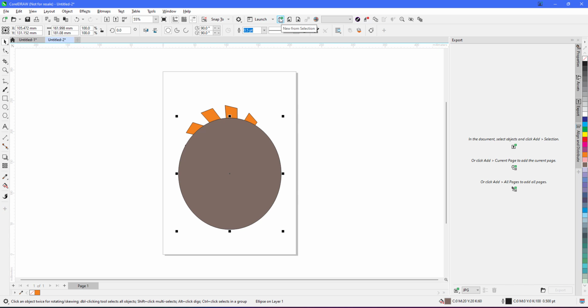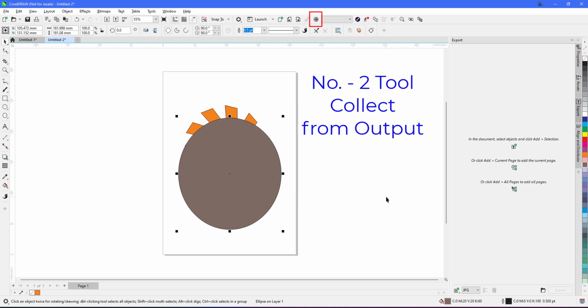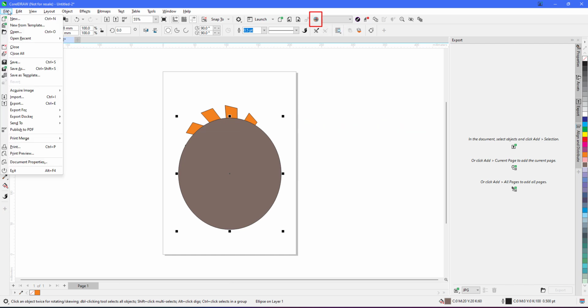is new from selection. And the second feature is called collect for output. So as you can see, collect for output is here. Now this tool was present earlier in the